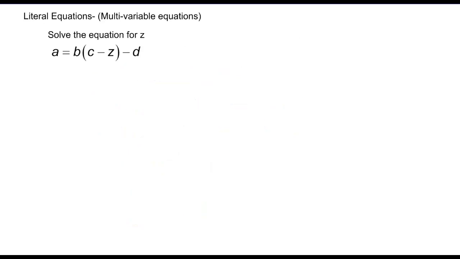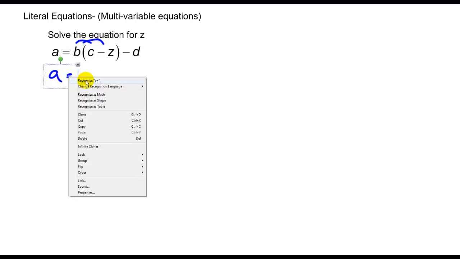So literal equations are basically multivariable equations where you're solving for a variable rather than looking for a numerical answer. We're going to get an expression as our answer. So in this case, they want us to isolate the variable z. So to do that, I'm going to distribute my b through, giving me a equals